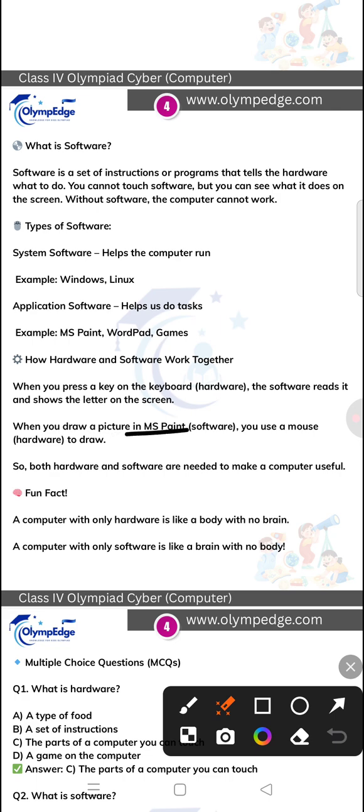Then when you draw a picture in MS Paint, which is a software, you use a mouse, which is the hardware, to draw, right? So the hardware and the software work together. Both hardware and software are needed to make a computer useful. If there is only hardware, then there is no use of the computer, and if there is only software, there is no use of the computer. The hardware and the software need to work together